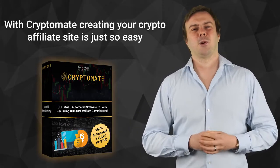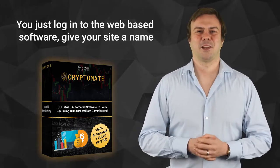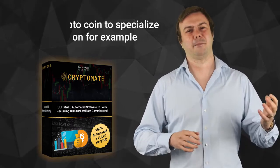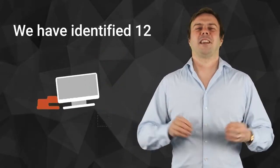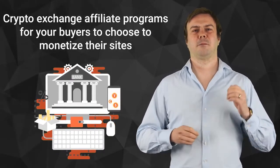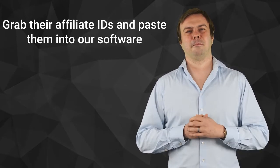With Cryptomate, creating your crypto affiliate site is just so easy. You just log into the web-based software, give your site a name, choose a crypto coin to specialize your site on, for example Bitcoin or Ethereum, and then click a button. We have identified 12 different crypto exchange affiliate programs for your buyers to choose to monetize their sites. All they need to do is click the links to apply, grab their affiliate IDs and paste them into our